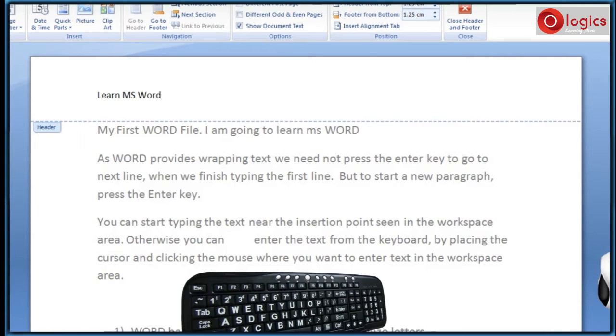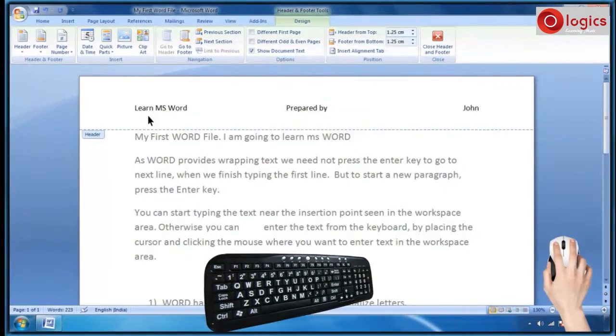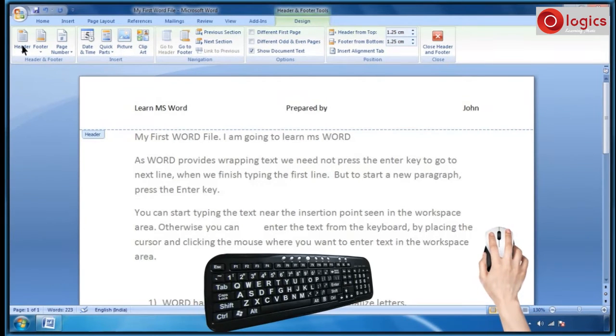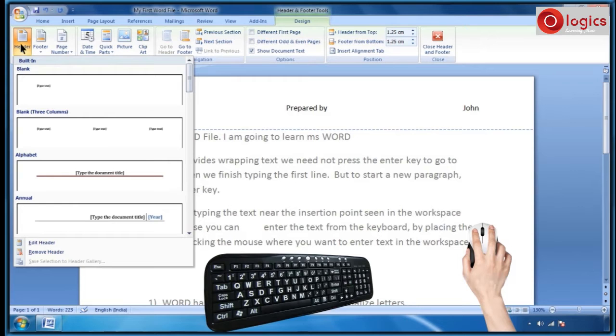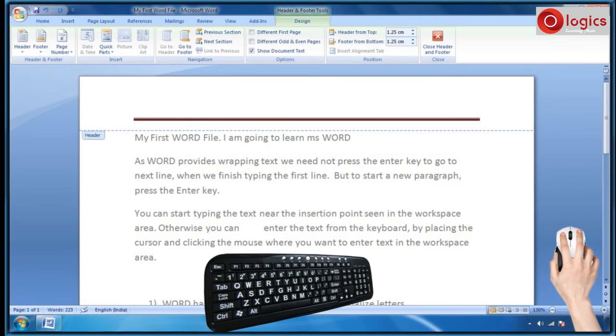Learn MS Word prepared by John. You can see this is another header type with underline. This is another header type, 2 options with underline.